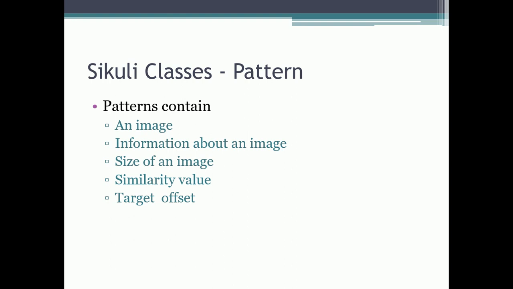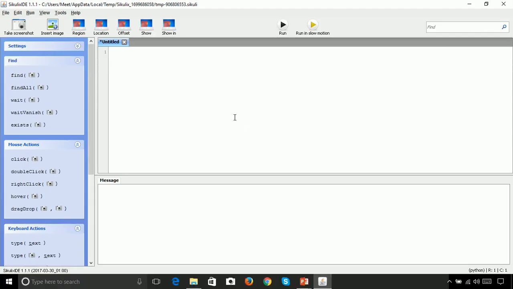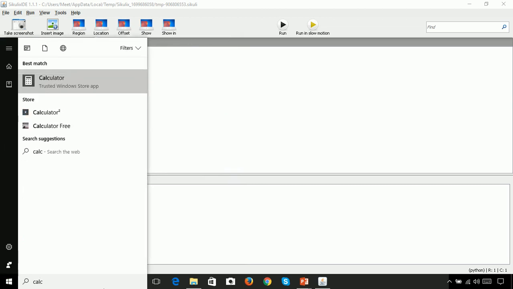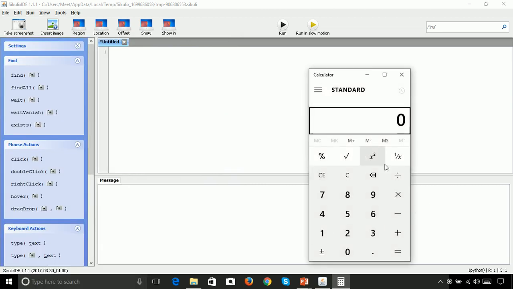We will now create a basic calculator script that opens a calculator and multiplies 2 by 2. Through this demo, we can go deeper into patterns. So let me navigate to the CiCLI-X IDE. What we want to automate is, I will first go down to the start menu and type calc to open the calculator and hit enter. So that would run our calculator. Inside the calculator type 2 multiply by 2 and equals, and we get the answer. So that's what our CiCLI script is going to do.